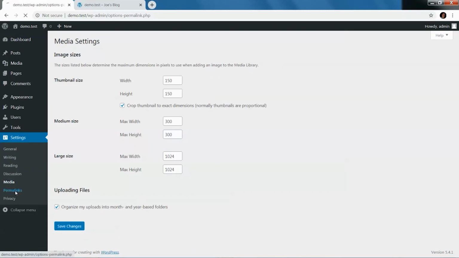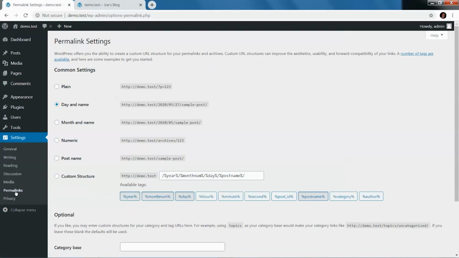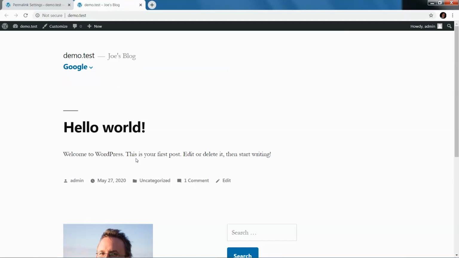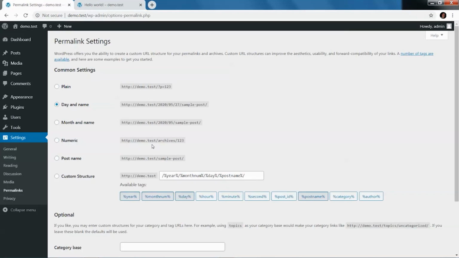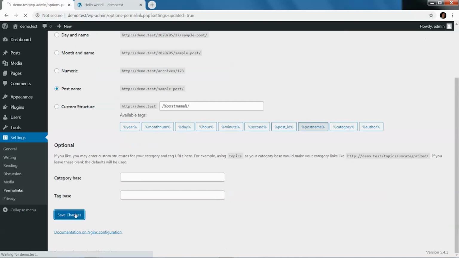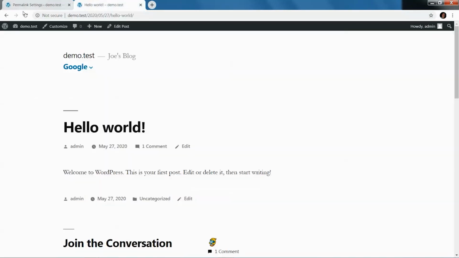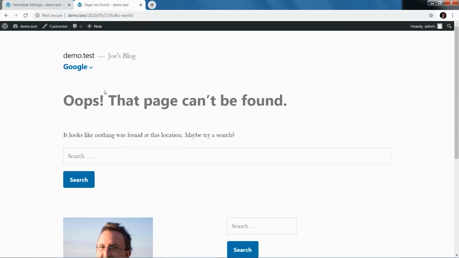There's also your permalinks, which is how your URL looks. If you notice back here, when I click on this Hello World, you see that it has the year, the month, the day, and then the blog title. You can choose how that appears, or you can choose just post name. If I click that and hit save changes and come back and refresh, you see now it lost the page.